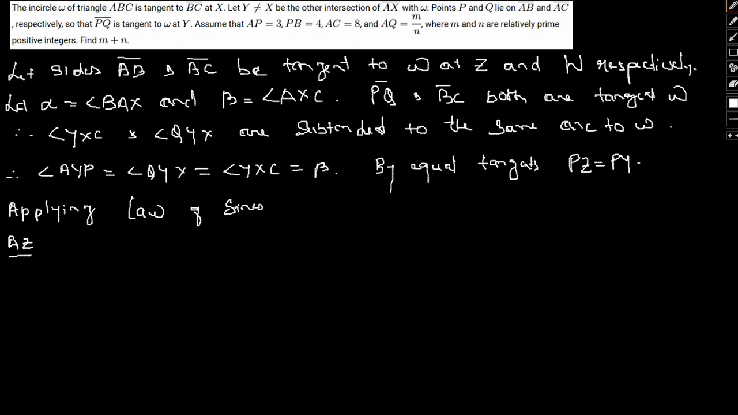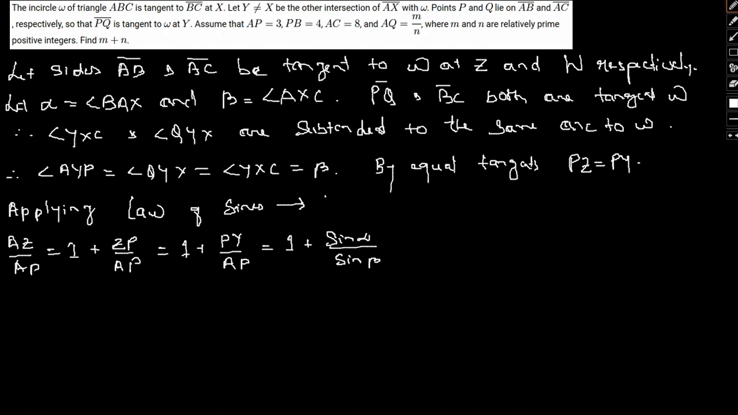AZ by AP equal to 1 plus ZP by AP equal to 1 plus PY by AP equal to 1 plus sin alpha by sin beta. Okay, so with that said, just let me clarify, this is being applied to triangle APY. So now again applying the law of sines